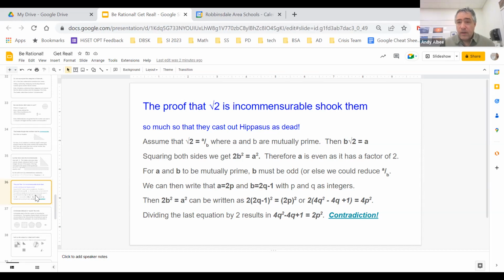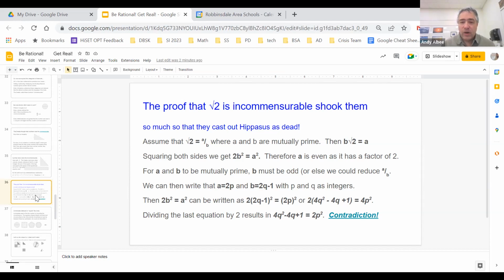But if a is even and b can't be even, because if b was even, we could have divided by 2. They wouldn't have been mutually prime. So b has to be odd, right? That has to work. So what if we just rewrote these? The definition of even, and they knew this, was 2 times a number. So they said a is 2 times p. And the definition of an odd is 2q minus 1, 2 times a number, subtract 1, that's going to be an odd. If I plug those into that 2b squared equals a squared,